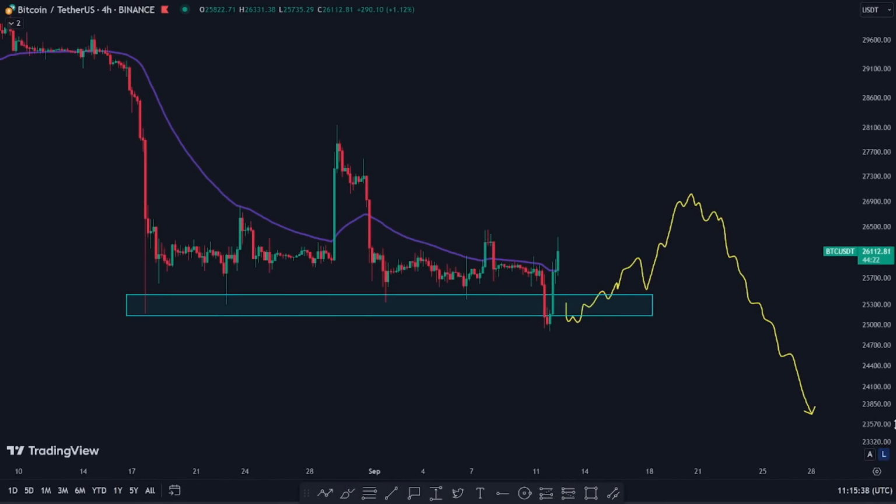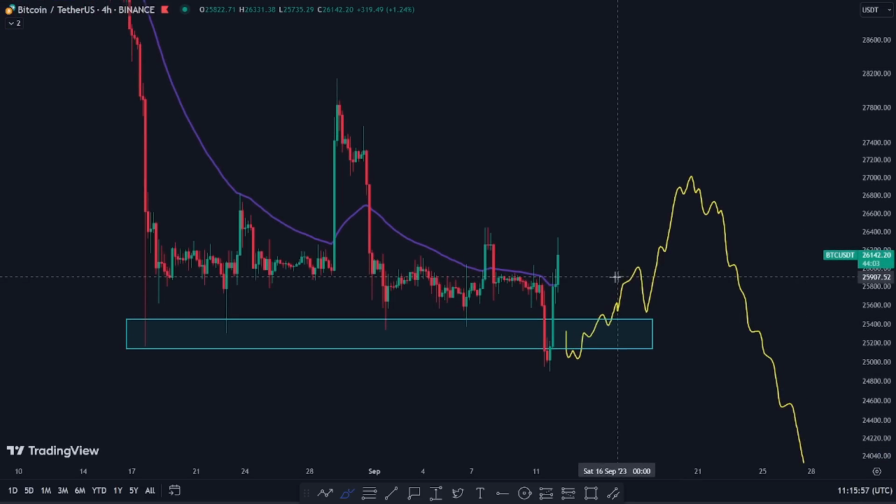The last 24 hours have been really volatile for Bitcoin. I mean, you can see how they bring price down into this blue box. That's the idea that we were talking about in yesterday's video. They actually even swept the lows, okay? And then you can see how they push price back up immediately, okay? And set that reversal. And right now, if you notice, we're above the 4-hour 50 MA, so it's not looking